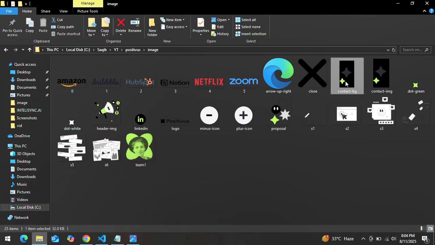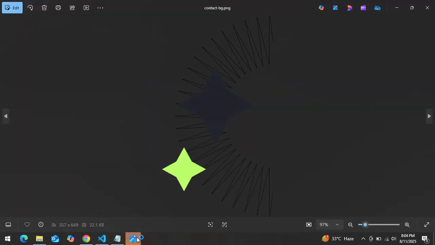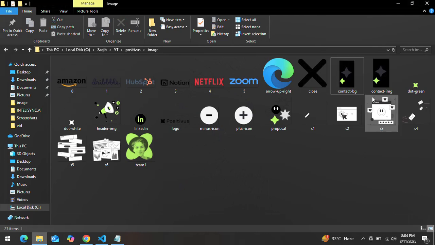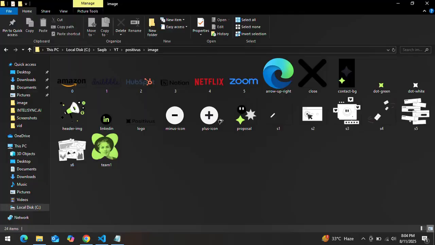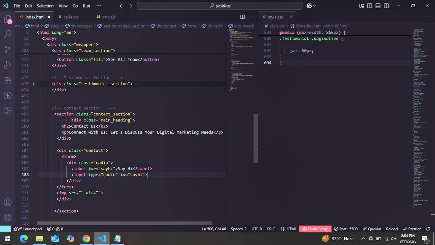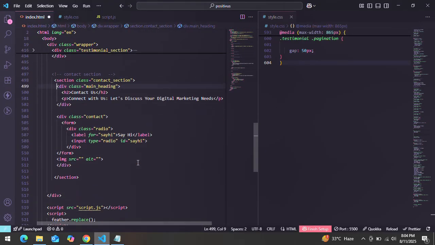Okay, I guess we already have that image in my tag. Okay, that's fine. So let me delete one of them. Okay, we have the contact BG. Now what I'm going to do is put those radio buttons in a single